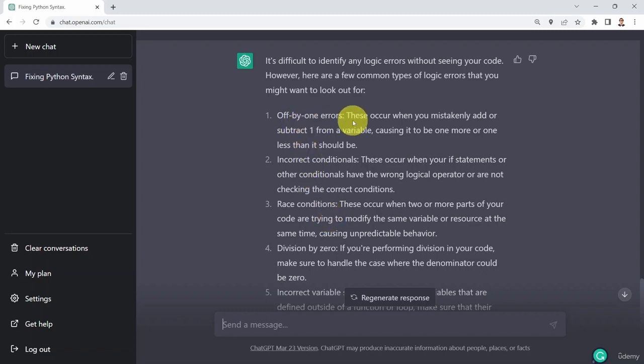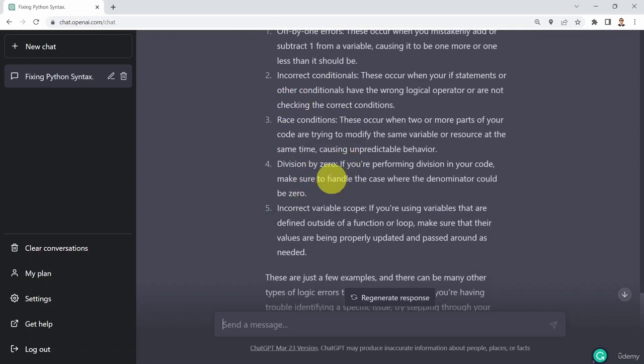These are off by one errors, or maybe incorrect conditionals, for example. Maybe there is division by zero that might cause some issues, or incorrect variable scope. Okay. Another question that you can ask ChatGPT is, well, can you maybe tell me what are the